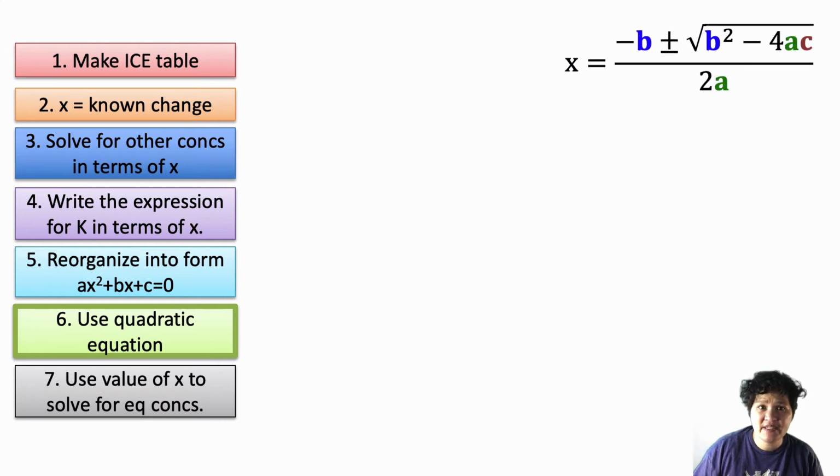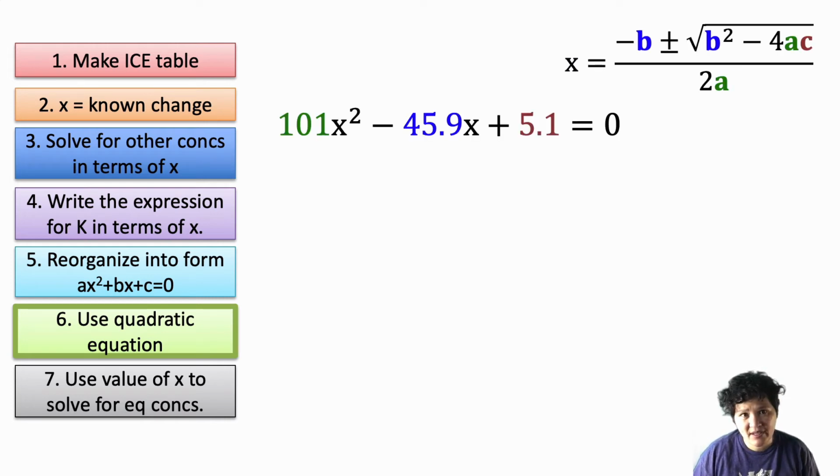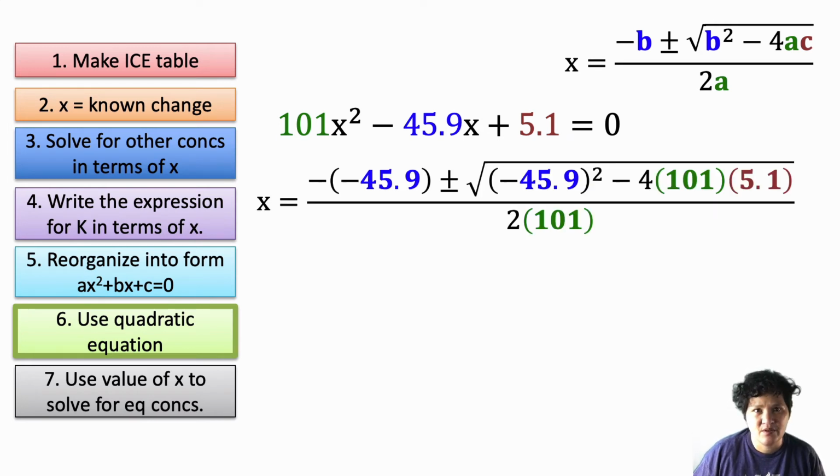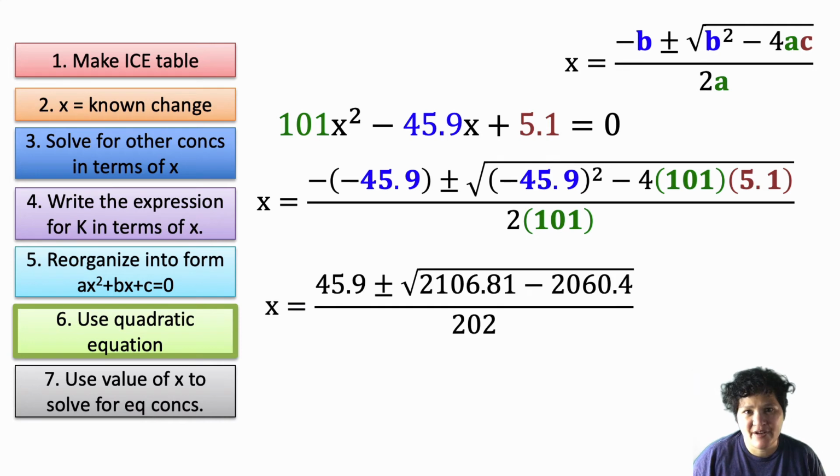At the top here, we see the expression that we derived a couple slides back, 101x squared minus 45.9x plus 5.1 equals 0. We have x equals 45.9, that's negative b, right? Plus or minus the square root of b squared, negative 45.9 squared, minus 4ac, so 4 times a, which is 101, times c, which is 5.1, and we're dividing that all by 2a, so 2 times 101. Let's simplify that a bit. You see that we get 45.9 plus or minus the square root of 2106.8 minus